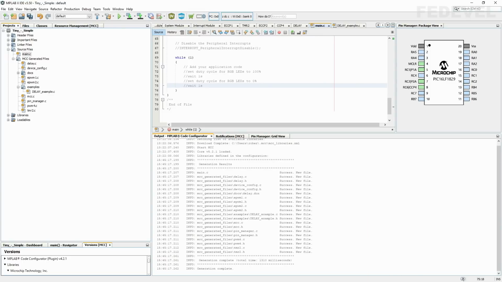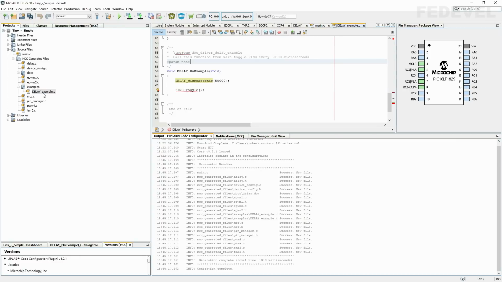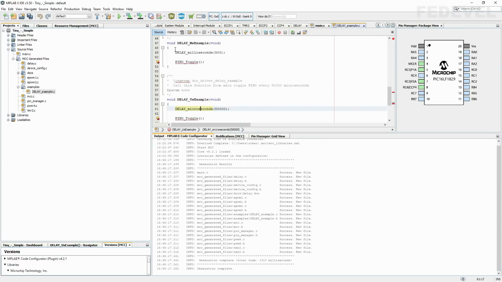To figure out how to use the delay function is going to be super simple because we have this example here. So I'm going to open it. And when you have a closer look at this example, you can see everything we have to do is just call this delay microseconds or delay milliseconds function.